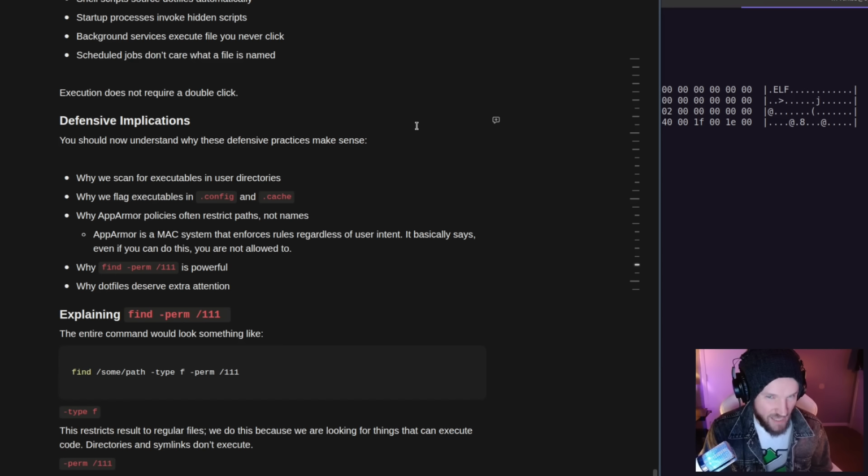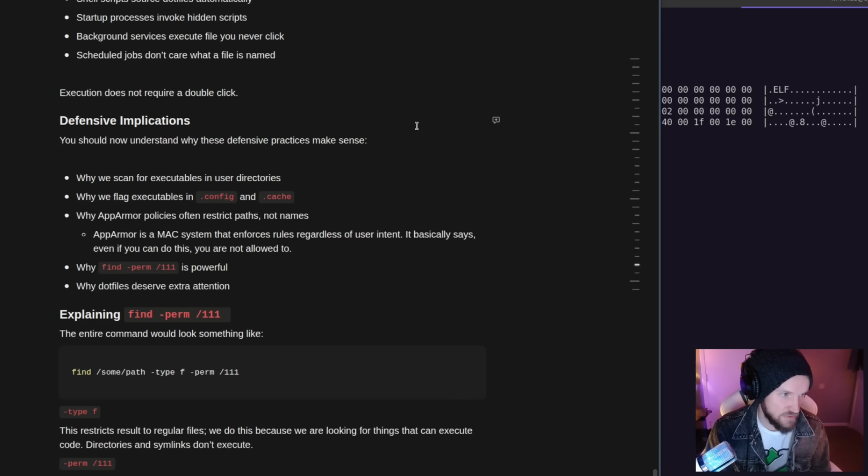SELinux is kind of the standard now, but AppArmor is still used. I don't like AppArmor. I find it very hard to configure. It fails a lot. SELinux can be difficult to set up on some systems, but if you are looking, and I'm actually going to do a video on SELinux, but if you are looking for a modern MAC solution, SELinux is kind of the way to go, even though it can be a pain to set up